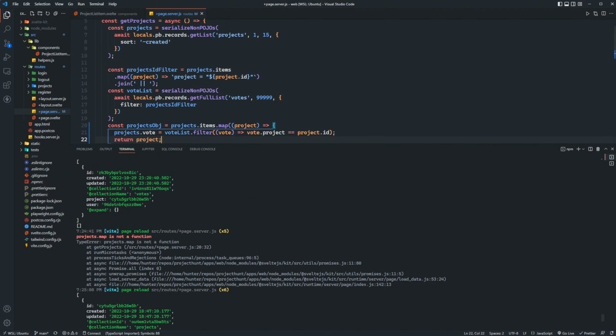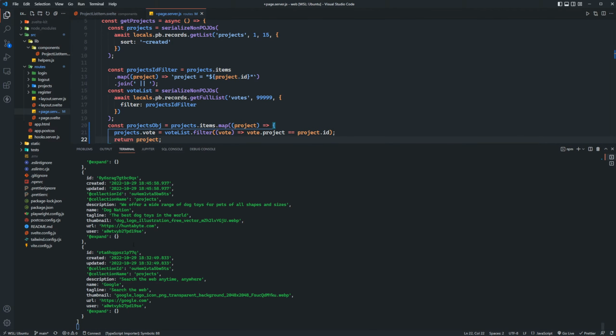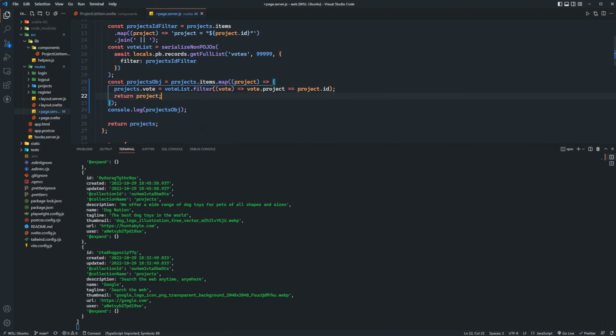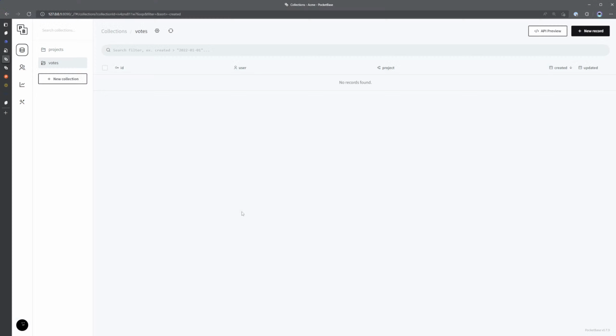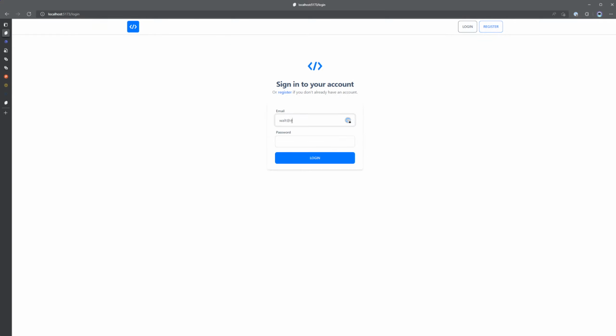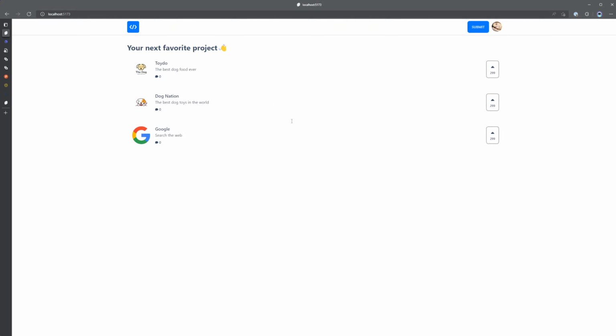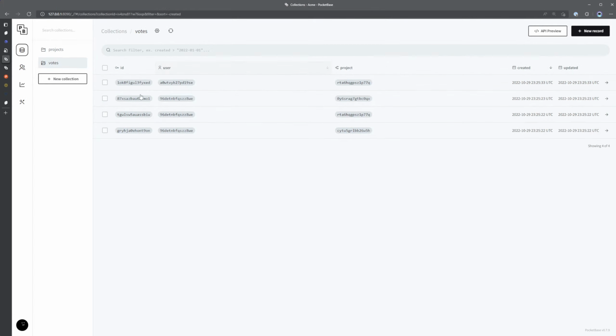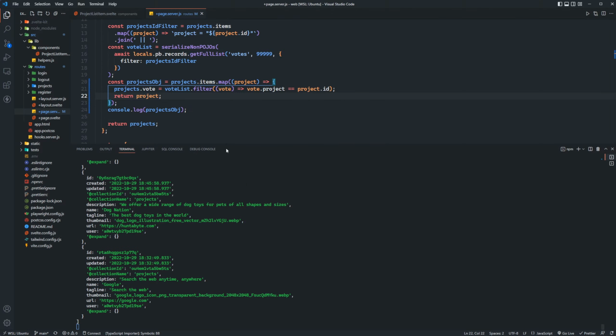Okay, so when I save, we get projects, and I don't have any votes, I don't think, at the moment. So let me actually go and vote on some projects here. I'll just vote on 3 of these with 1 user. And then let me log in with another user. And I'll just vote on Google, for example, right? So I have a few different votes that we can work with. And let's see here. So now when I save this,